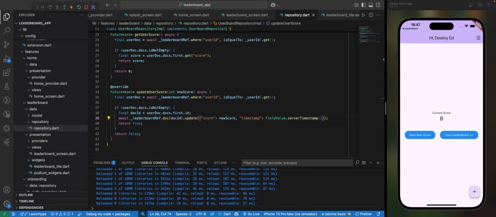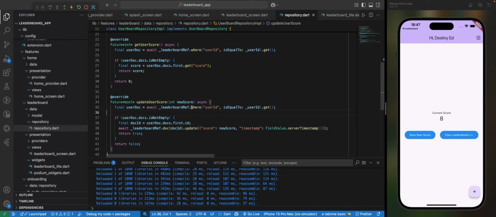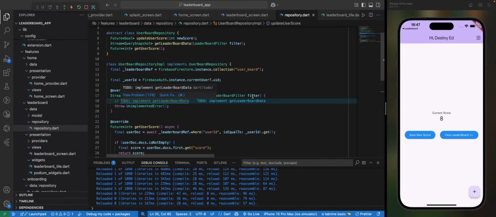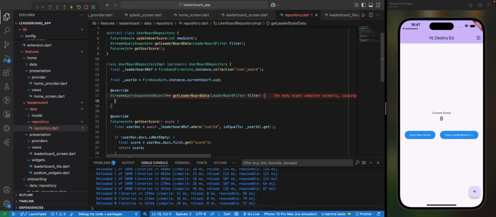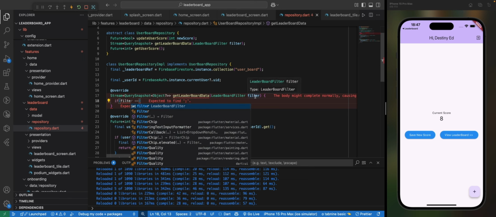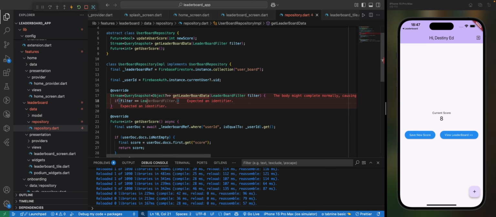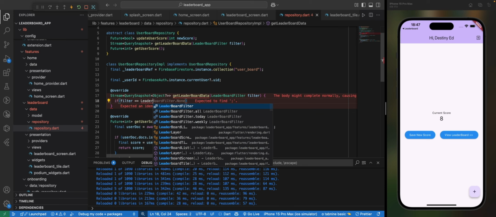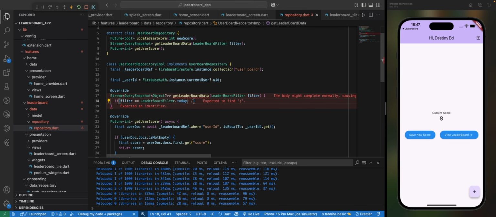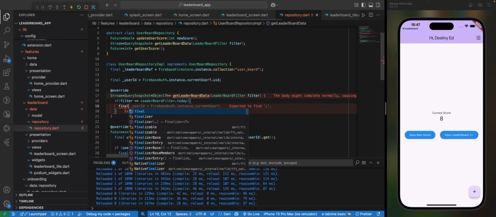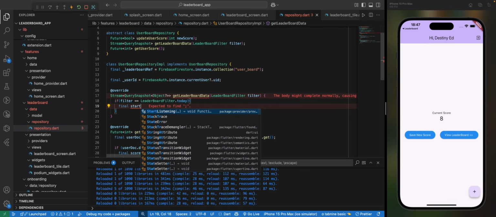Then the next thing we need to create is to query, like to get leaderboard data. So let's just get a snapshot. So what I'm going to do first, since you already passed filter here, if filter is equal to leaderboard filter dot today, all right. So if it's today, what we are going to do is just to get, let me create some, let's get,